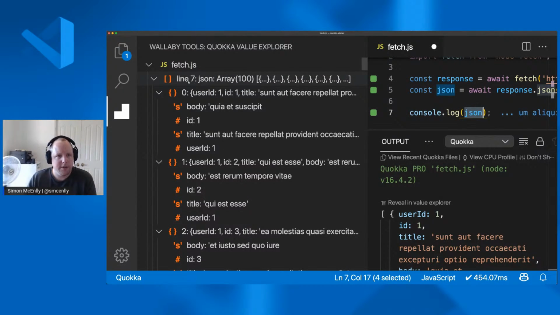Or if I wanted to, so I might be looking at the structure of an object and say, okay, this is the actual thing that I need to get out of this object. I could say right click and copy path, and that will copy the path to my clipboard, and then I can go and paste that into my code and start using it.